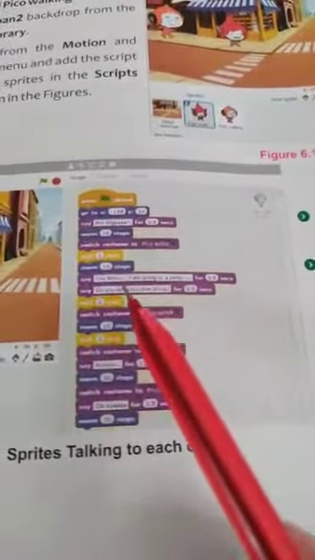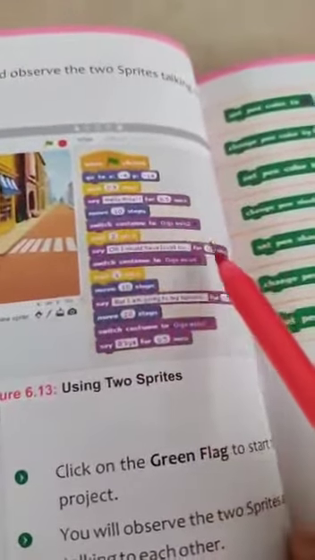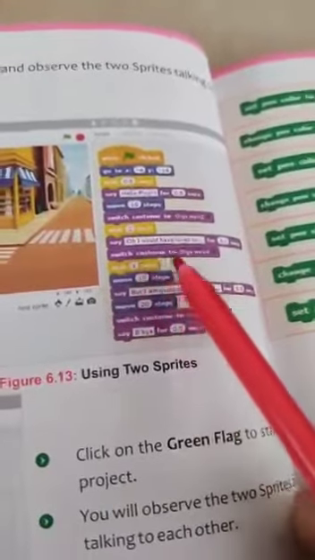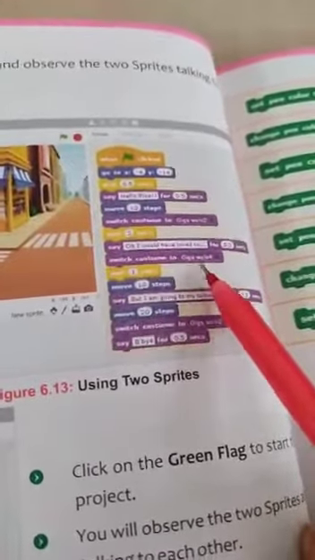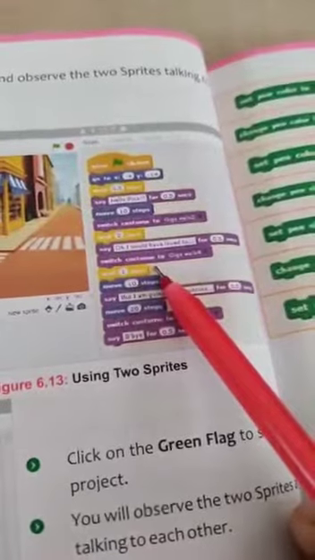He is saying, you know, I am going to a party. Then wait for 0.5 seconds and then again say, do you want to come along? Then he will reply, oh, I would have loved to, I want to come, for 0.5 seconds. Then again its costume is shifted to Giga walk 4 and then wait for 1 second.